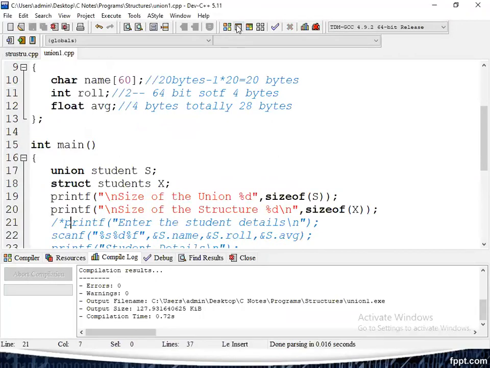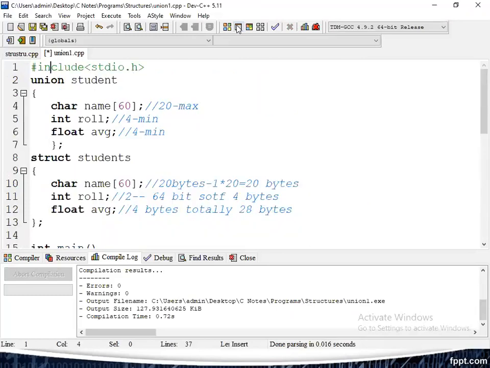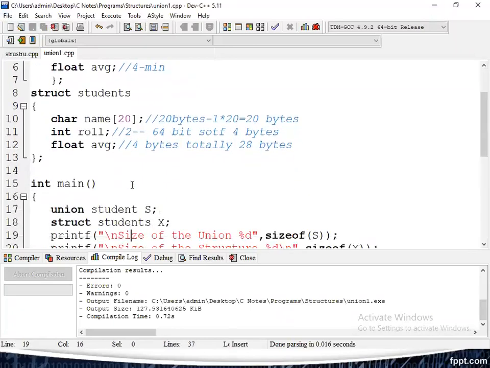Okay, next. Yesterday, one more important point was also not completed. That is how we can access union values, union variables.